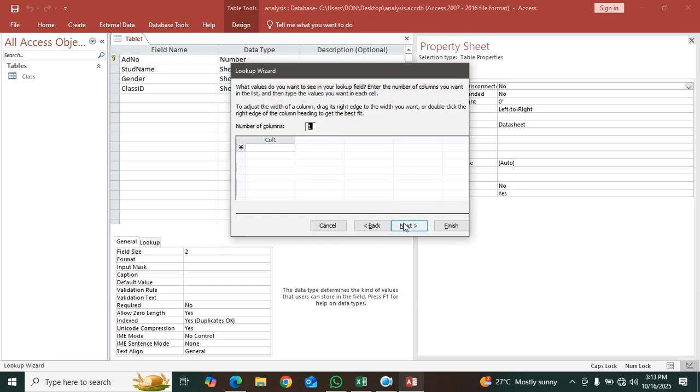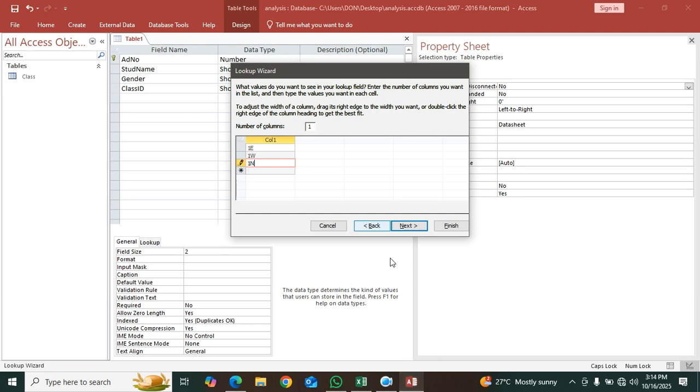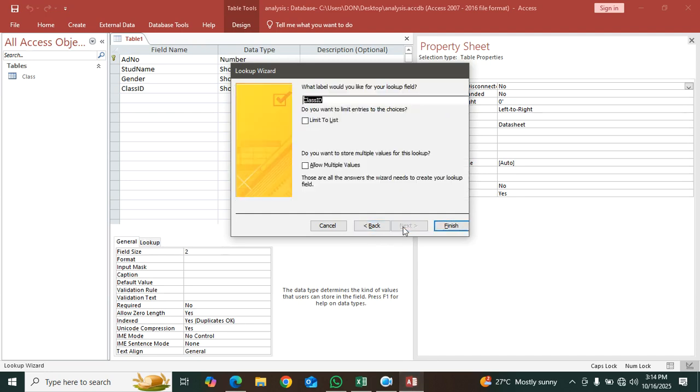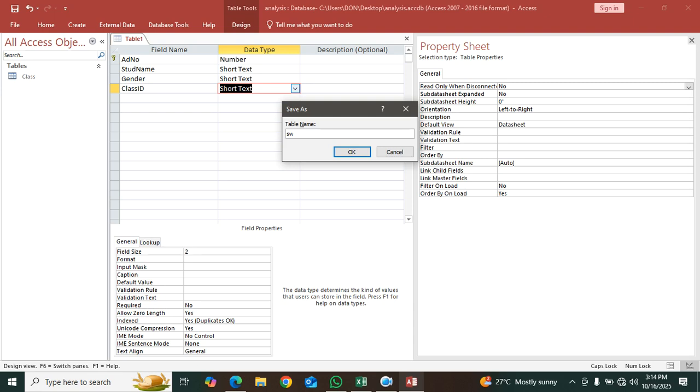I'll type mine. So I have one east, then I have one west, then I have one north. So I am just comparing whatever I have here with the other: one east, north, west. So one east, one west, one north. Then for that case, I just go this one to this, and remember it is size 2. So I save this one as student